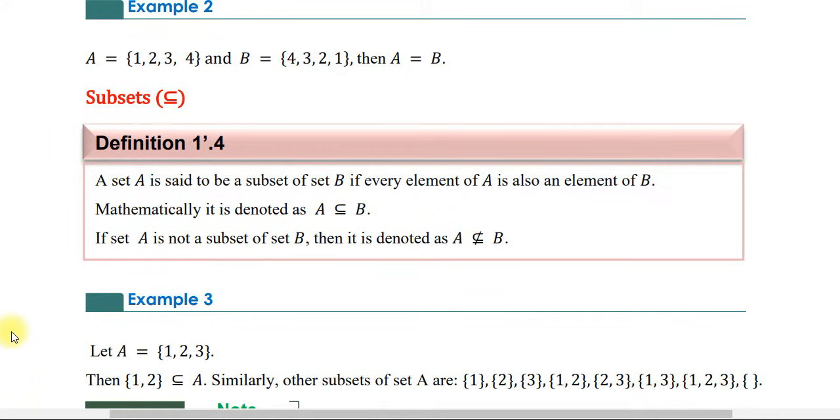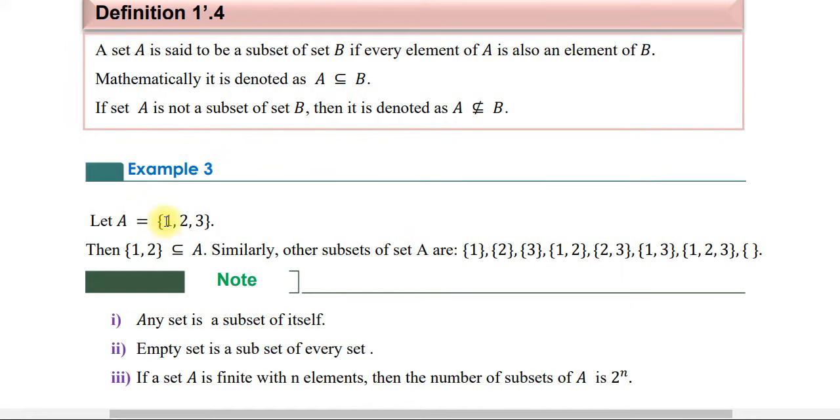So now it's time to see an example. Example 3. Let A be the set containing 1 2 3, then the set 1 2 is a subset of A ምክንያቱም እዚህ ላይ ያሉ ኤሌመንቶች የማን ኤሌመንት ስለሆኑ? የኤ ኤሌመንቶች ስለሆኑ። Similarly other subsets of A are 1, 2, 3, 1 2, 2 3, 1 3, 1 2 3, an empty set። እነዚህ በሙሉ የማን ሰብሴት ናቸው? የኤ ሰብሴት ናቸው ማለት ነው። 1 እንደምታዩት እዚህ ውስጥ አለ፣ 2ም 3ም 1 2ም 2 3ም 1 3ም ኦኬ even 1 2 3ም empty setም ራሱ በራሱ የዚህ ሴት አባል ነው ማለት ነው። ስለዚህ ሰብሴት እንለዋለን ማለት ነው።